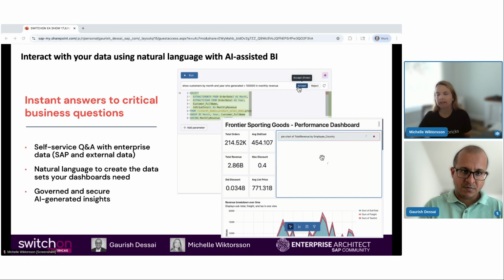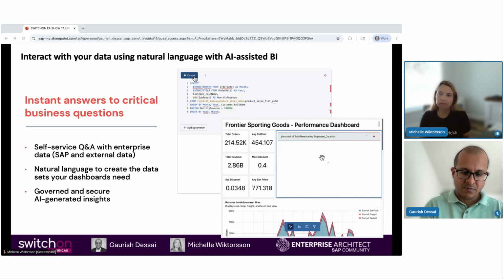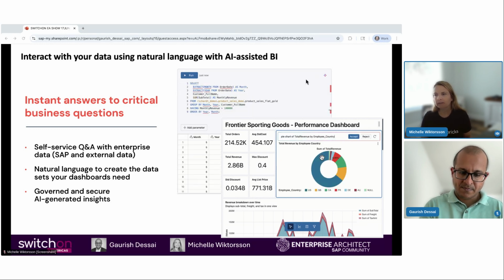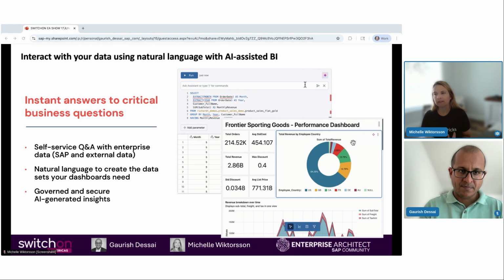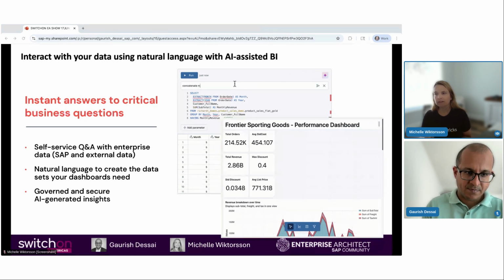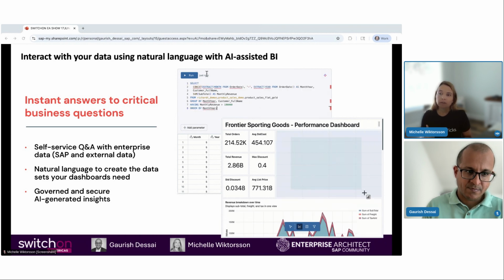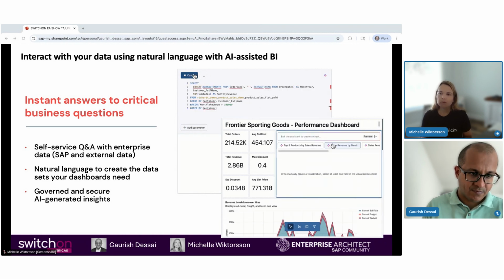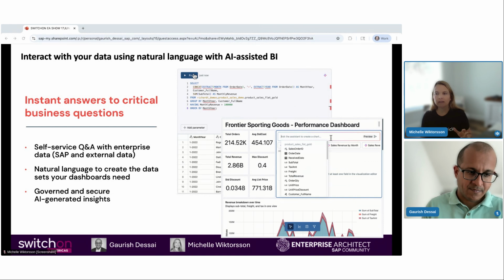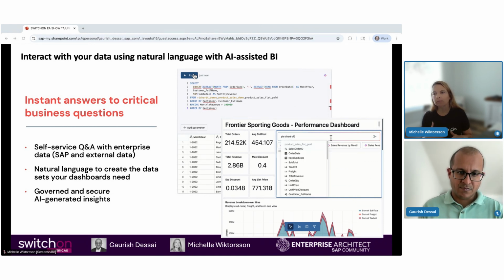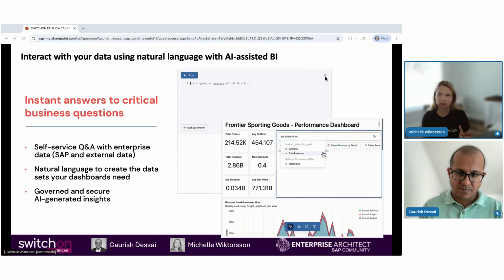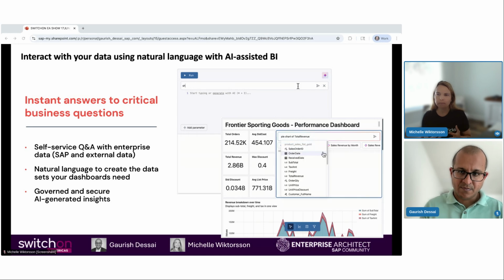They can query the data just in the way that we speak. And that's really meant to give various data personas like data analysts, data engineers, data scientists, a quick way to visualize the data as they use Databricks to quickly discover the insights as they work with the data and with AI and ML models. So as you are building a cash flow prediction using SAP data, non-SAP data, like the